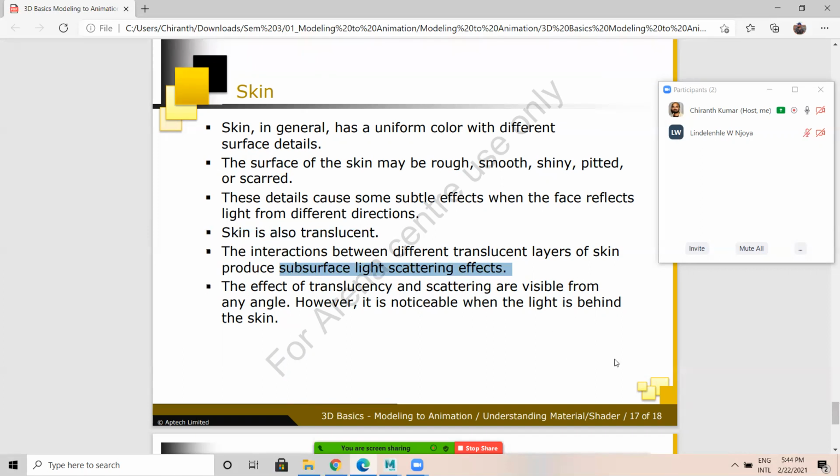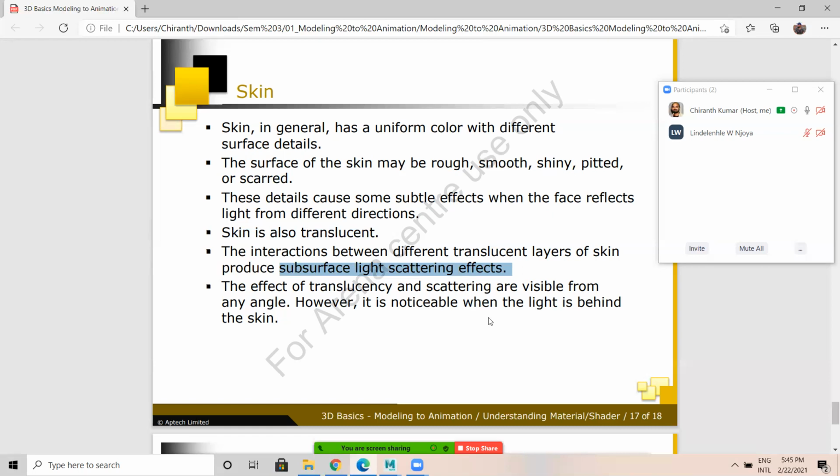Normally, our skin has three different layers. The epidermal layer is the outer skin layer, which you touch and feel. Derma is nothing but skin. Assume the epidermal layer is not there, like when you get a wound or scar, you see the inner part, which is flesh. That is the subdermal layer.